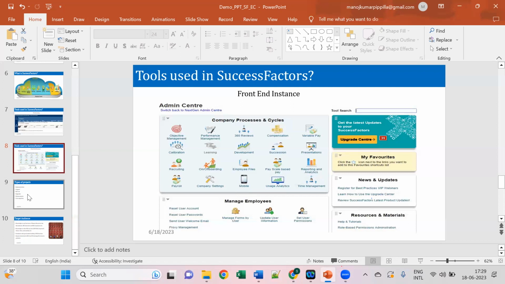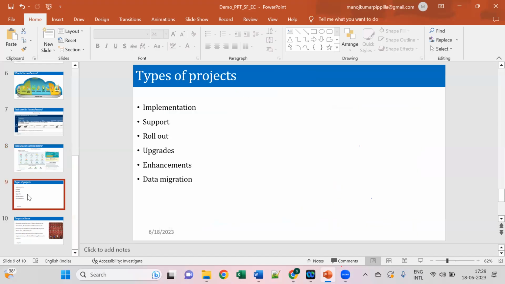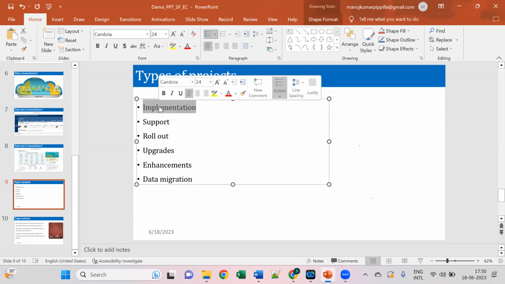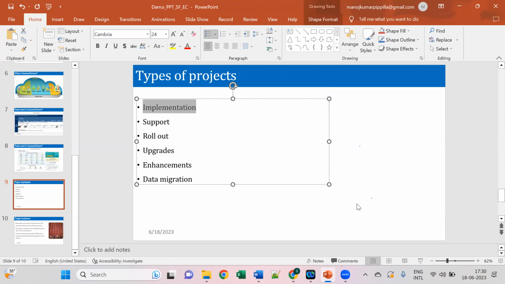Now, when it comes to how we are going to work once we get into a job, there are different types of projects available in the Success Factors module. One is implementation. Implementation means that if there is no Success Factors application implemented for a company, and they want to develop it for the first time, those are implementation projects.